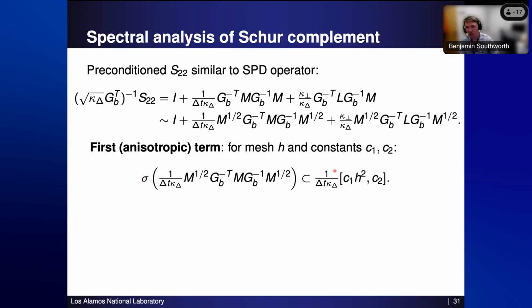And so H squared corresponds to considering the scaling of the mass matrices and then the advection operators here. And the range goes from H squared to 1 for the eigenvalues of the inverse of the gradients there. And so this is all fine. We have a scaling here. The important thing is we also have a kappa delta in the bottom. So this is the anisotropic component that's going to be really big. And so as long as our delta T is not really small, then this is going to be really small, the eigenvalues of this perturbation here.